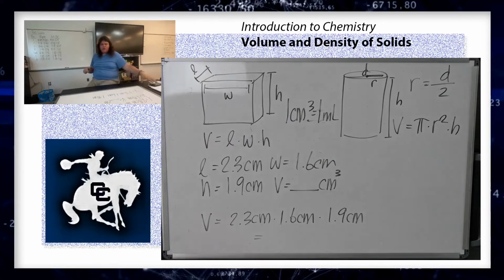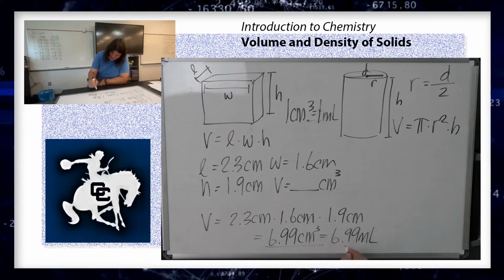If I go through, my final answer becomes 6.99 centimeters cubed. Now, of course, since 1 centimeter cubed is equal to 1 milliliter, this is also equal to 6.99